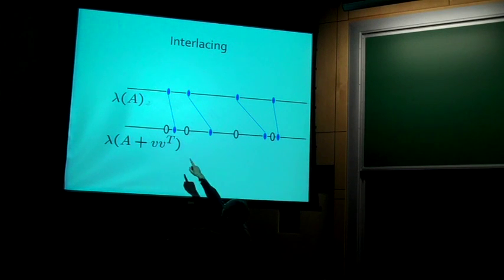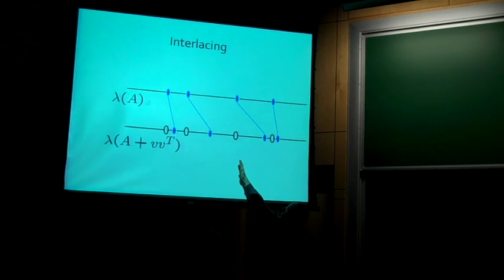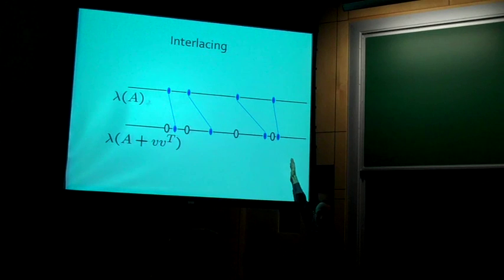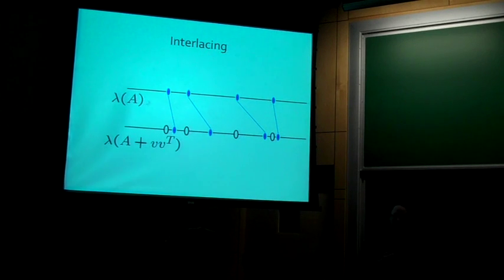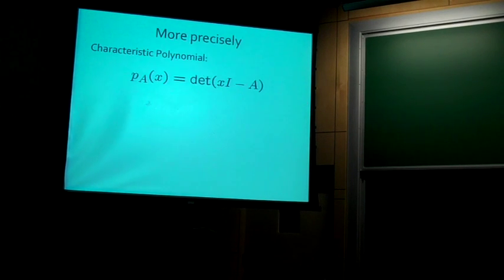These circles here that are empty represent where the old eigenvalues were, and each new eigenvalue lies between a pair of the old eigenvalues, and they can only move over one. So that's a classic result that it's easy to prove, interlacing. You can also make this quantitative, which I want to do. It'll help our intuition a lot.